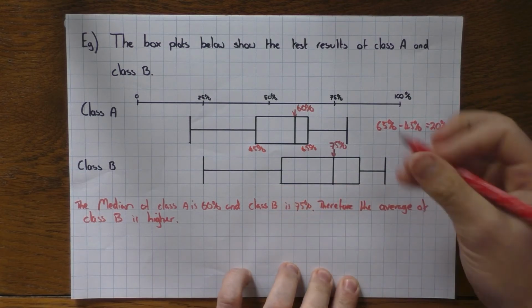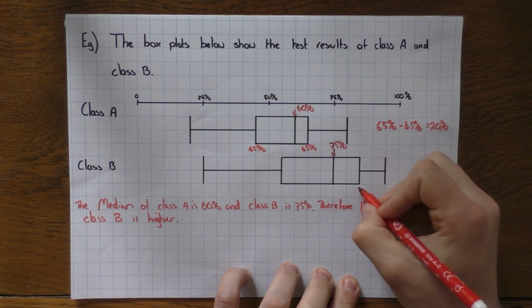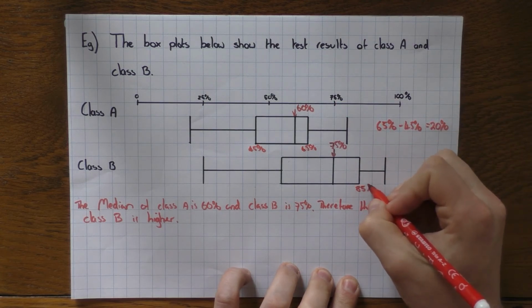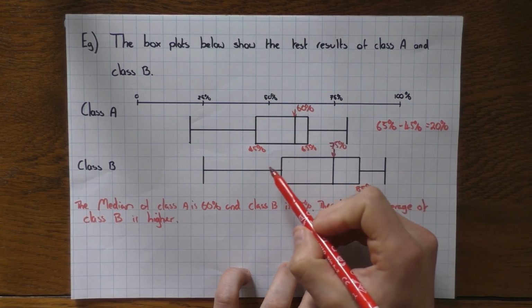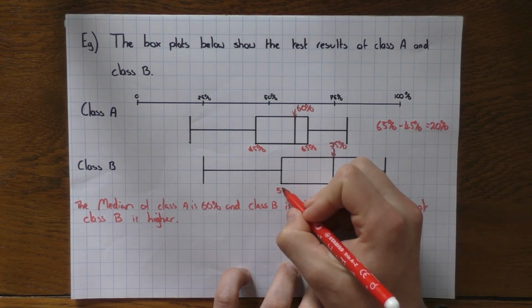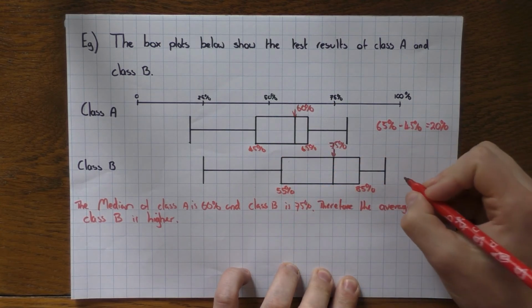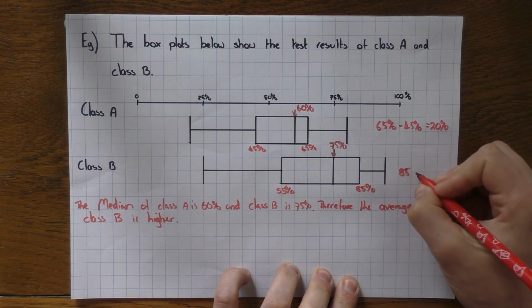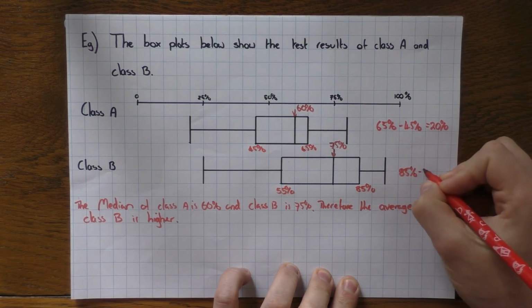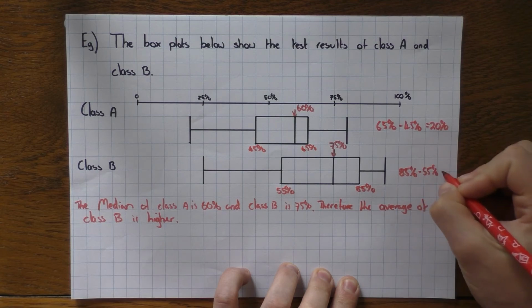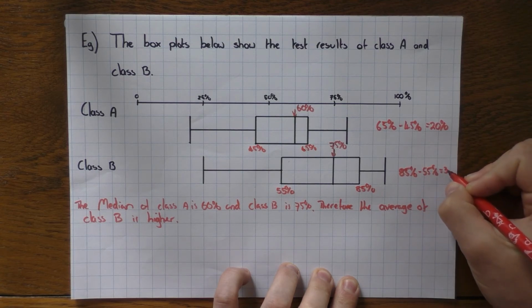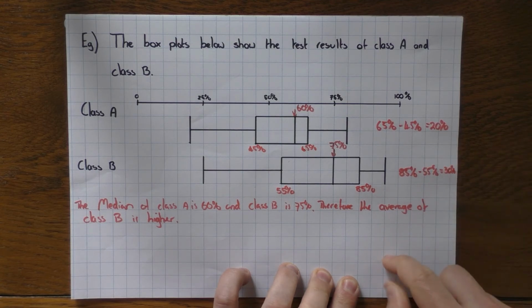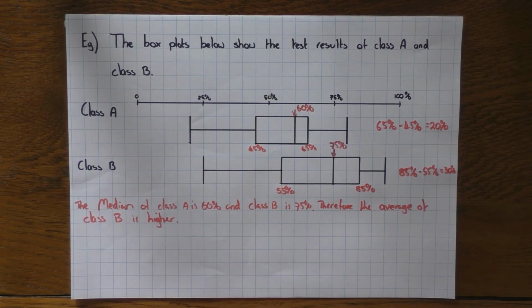And then let's have a look at this one. So that's 75, so the upper quartile there is 85%, and that's 55%. So the interquartile range, 85% minus 55% is of course 30%. Okay, so the second thing that we'd say is